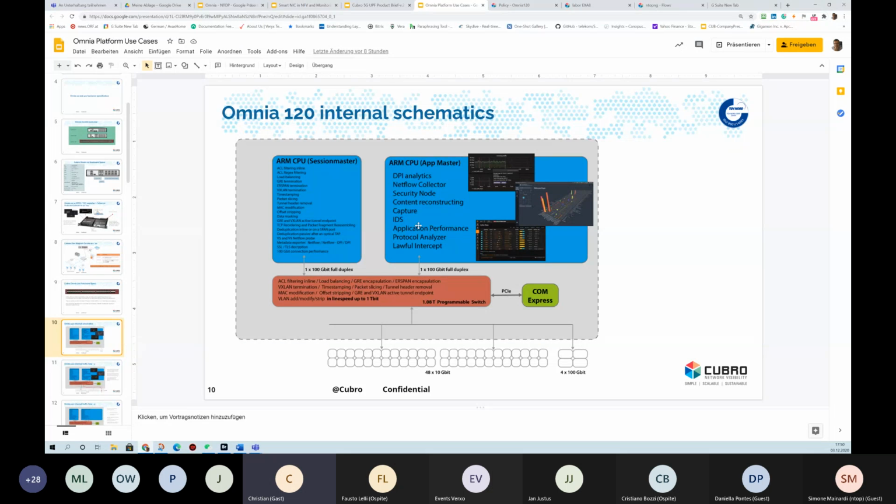And then we can run applications with much more load. And also ntop can run here. This is our own DPI. This is a DDoS application. So we can do a lot of features on this platform. Yeah. So this is, I think, a quick overview, because I think we are running out of time a